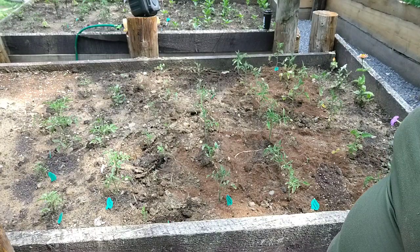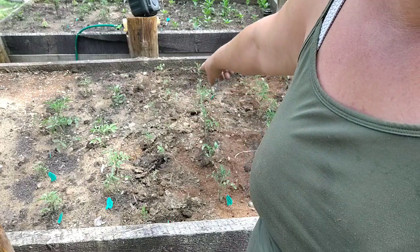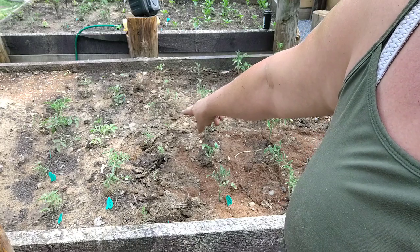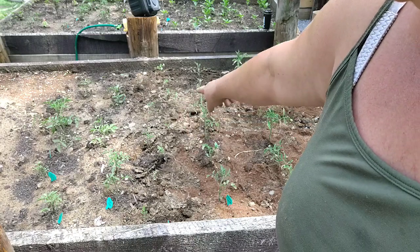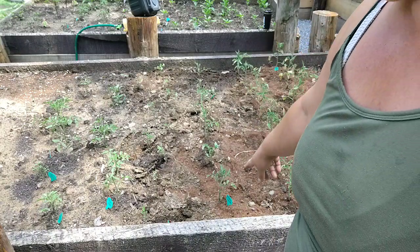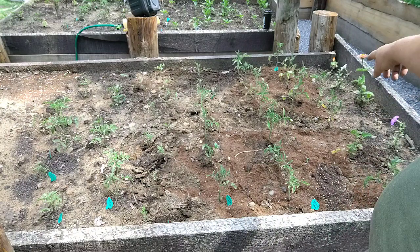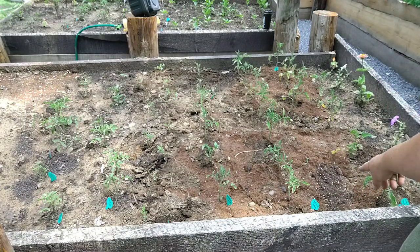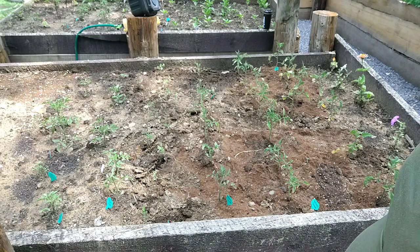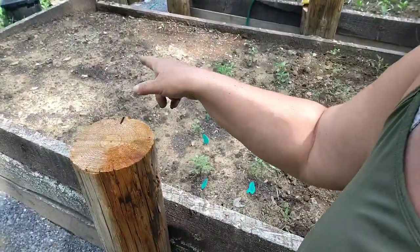So alright guys, there we have it. This is now planted. This row here is subarctic tomatoes, and I had like 3 left, so I just kind of bounced them in and out there. Subarctic, this is beefsteak, brandywine out here, and right in through here is the eggplant. So we'll see what comes, if anything, and hopefully we have good